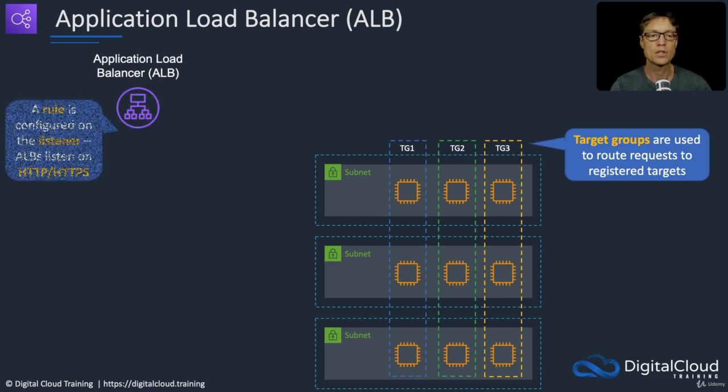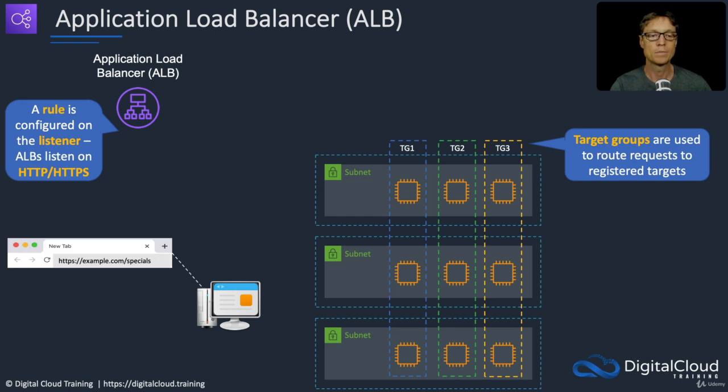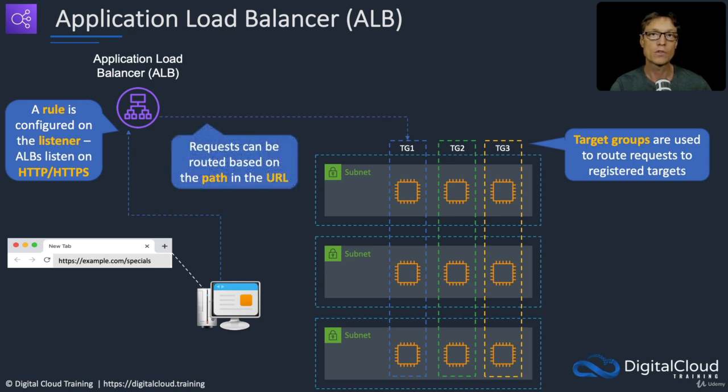So we have an application load balancer. It has a rule configured on the listener, and ALBs will listen on the HTTP and HTTPS protocols, so port 80 and port 443. So we now have a client computer. The client has put in example.com/specials into their browser. The connection goes to the load balancer, and the load balancer forwards the request to target